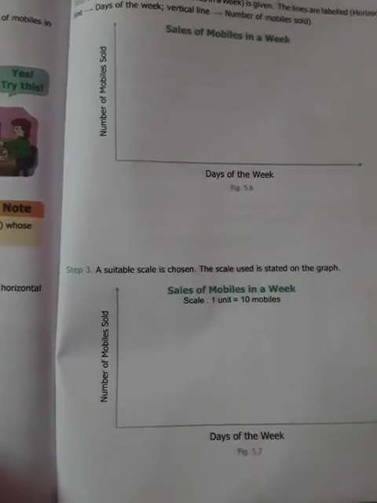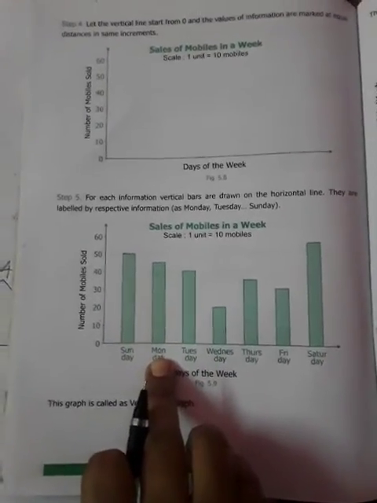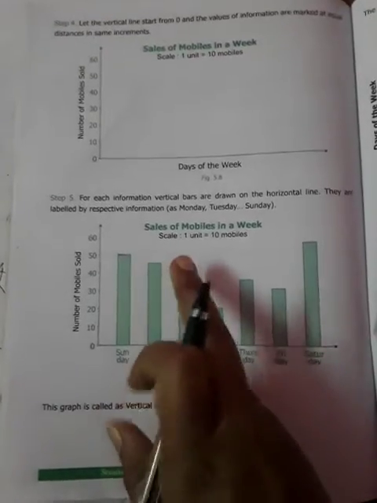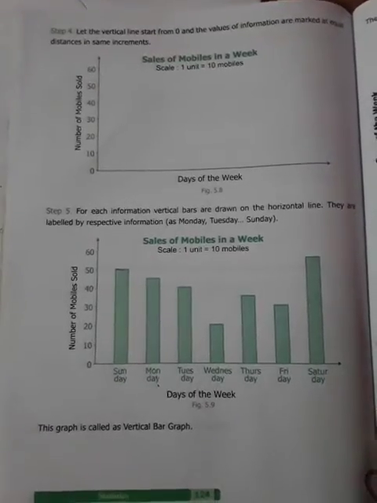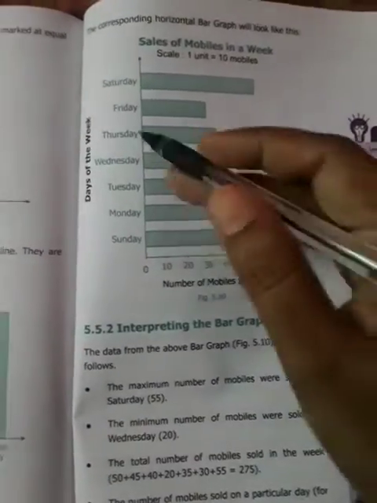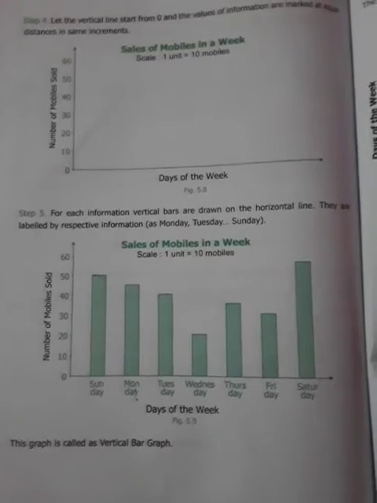Suppose all the numbers come in the third table, you take 1 unit is equal to 3 mobiles. After that, mention all the headings like Sunday, Monday, Tuesday. After that mention the numbers. Then find out how many mobiles were sold on Sunday. Draw a bar. After that find out how many mobiles were sold on Monday. Then draw the top line first, after that draw a bar. Very easy, no? Here they changed the heading and they have done a graph. Compared to this it will be easy to draw. That's why I have chosen this. I will give some homework, you just do it.